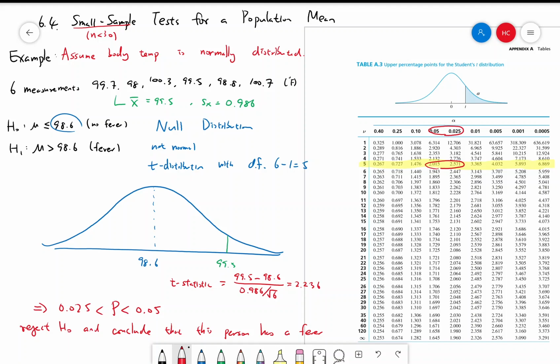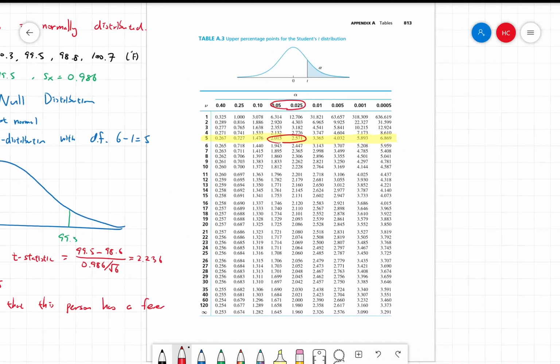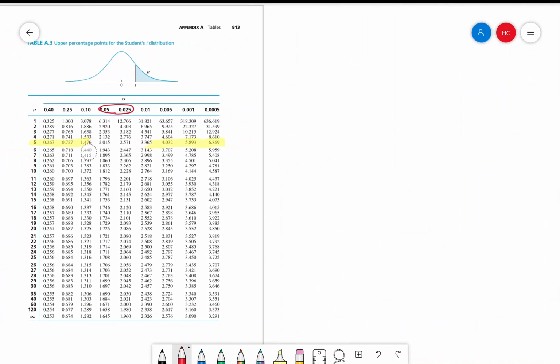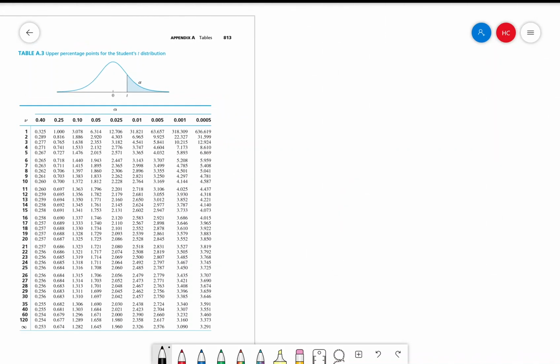Alright, so let's do a different example. So let's move the table around. Let's erase these things. Okay, so let's say x1, x2, all the way to x6 came from a normal distribution. Okay, their values are